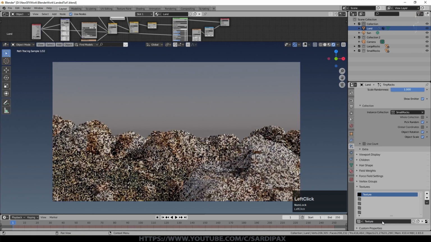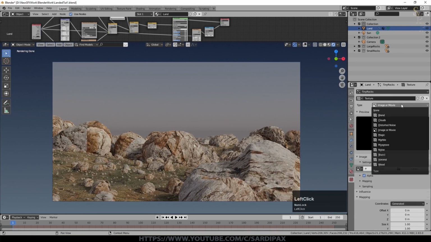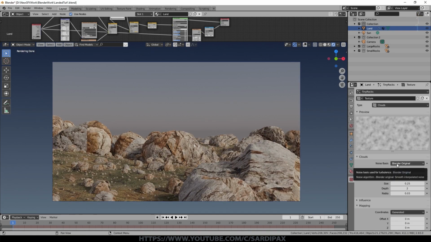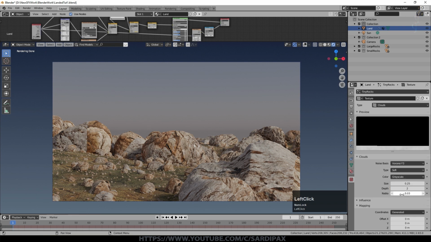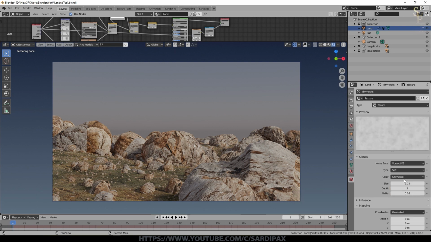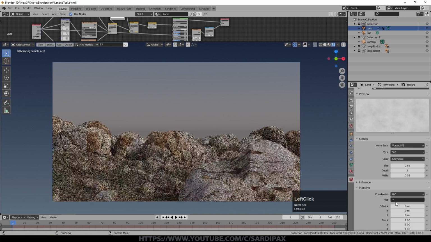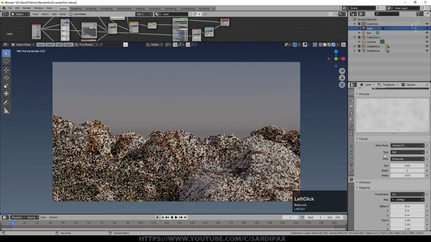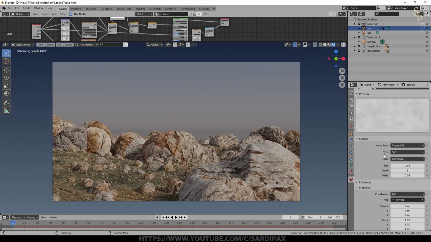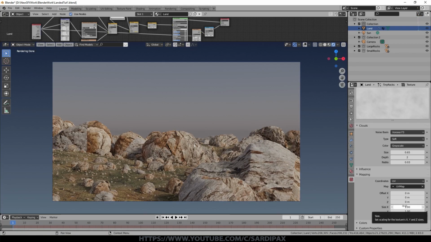So I'm going to say new here and click this little button. Change this to clouds. I changed that then to Voronoi F3. Type was soft and grayscale. I selected a size of 0.65. Again, we may need to change these values. Mapping needs to be UV because we've unwrapped this surface, and UV map, which is the default name for the UV map. You can actually play around with how that maps to the surface here if you want to.